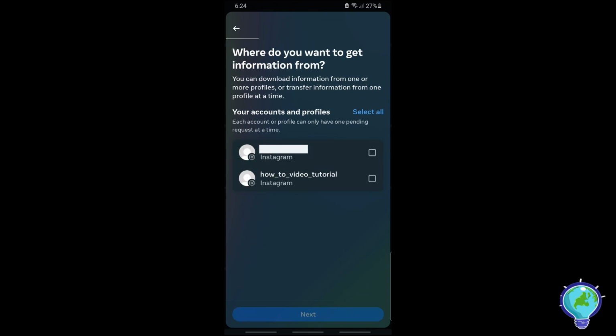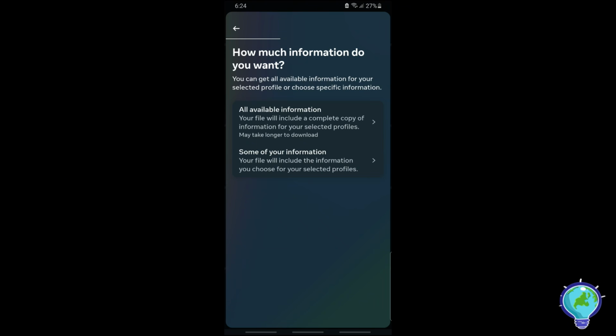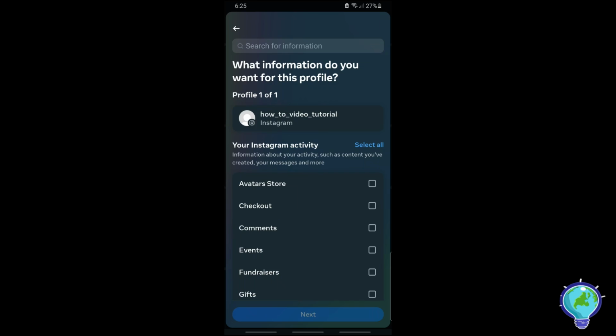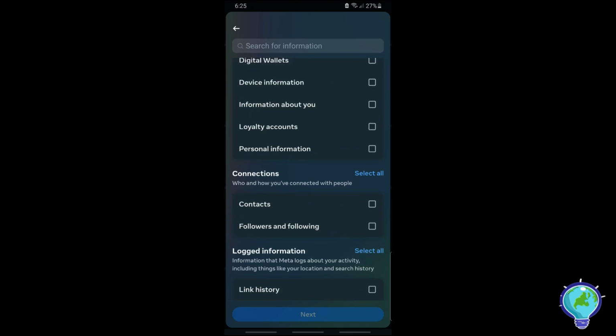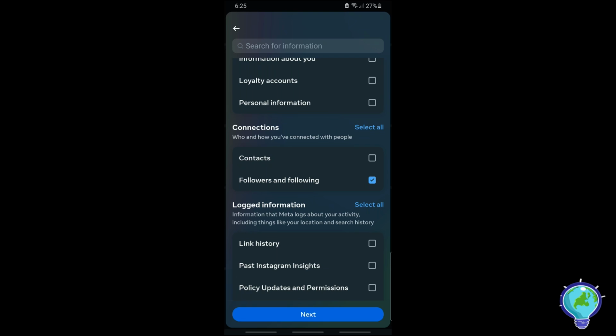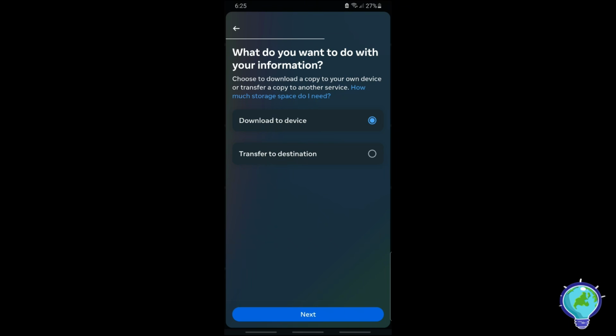information, and from here just simply select your Instagram account and tap on next, and now from here just simply tap on some of your information, and now from here guys just simply scroll down and select over here followers and following and tap on next, and after that just simply download to device and tap on next,